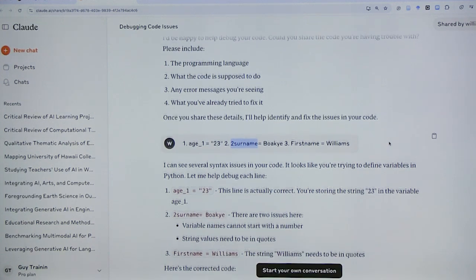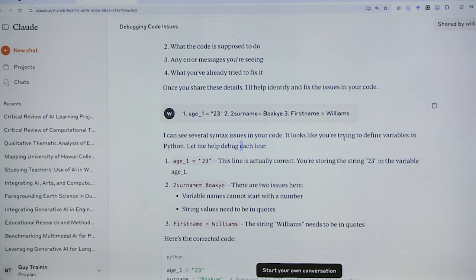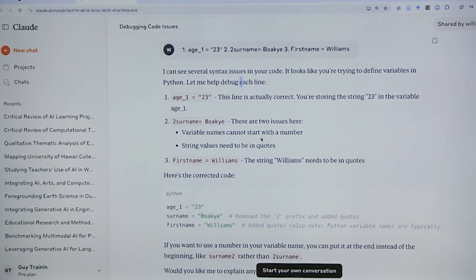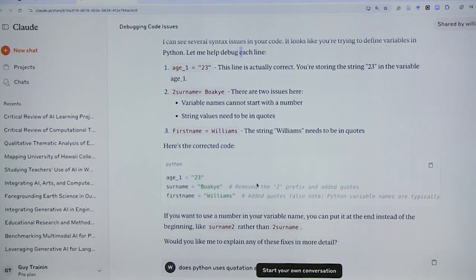So here I have the first code, age_1 equals 23. The second code is 2surname equals Boache, and the last code is first name Williams. So it assessed the code and found nothing wrong with the first code, which is age equals 23, and that is correct.